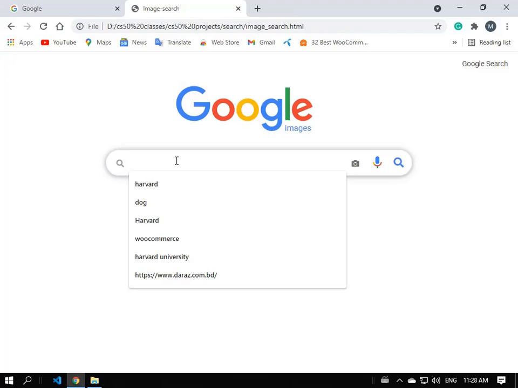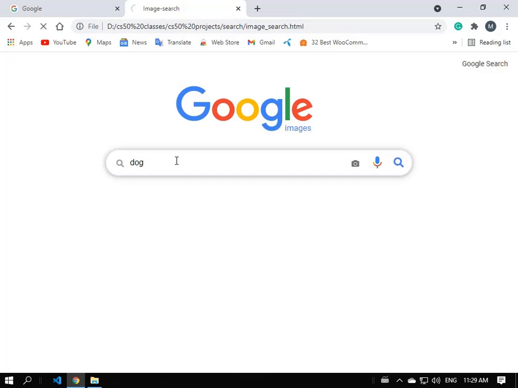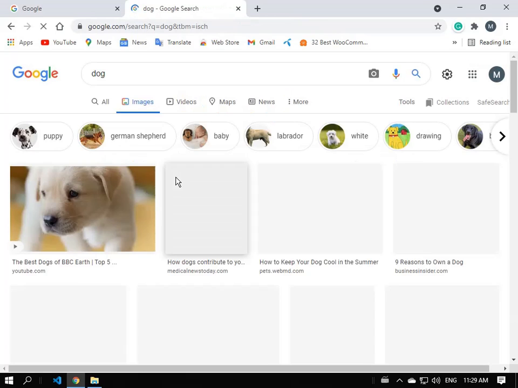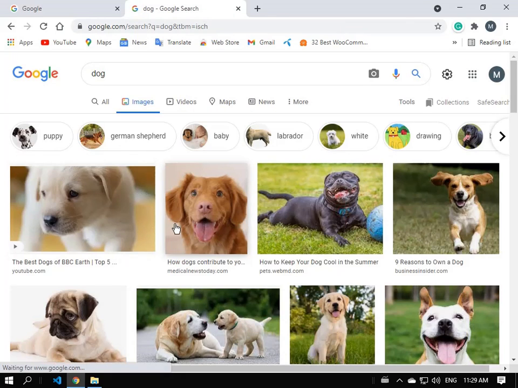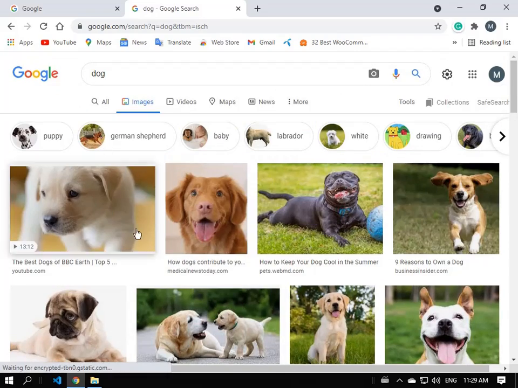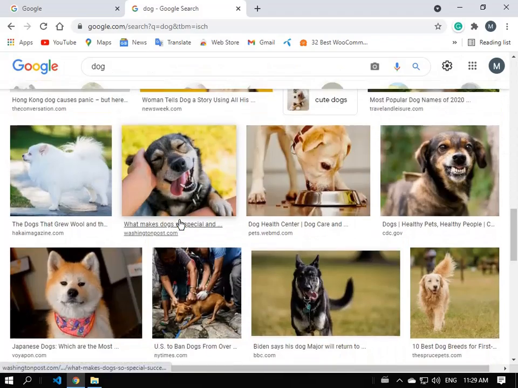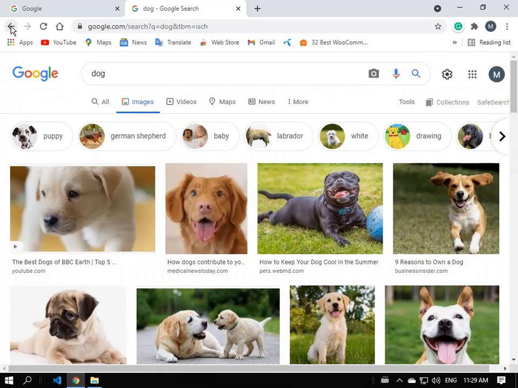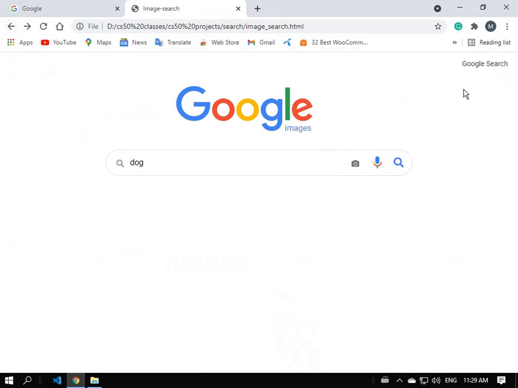On the search bar, if I type here any keyword, for example I'm typing here dog and press enter, now it brings me to the image search result page. Here it is. I'm coming back again. On the corner of the page we can see there is a link,